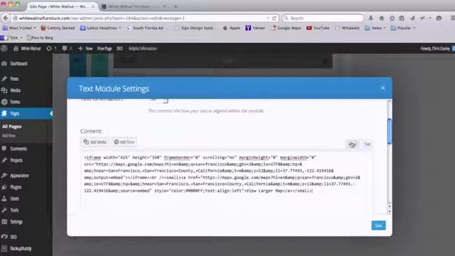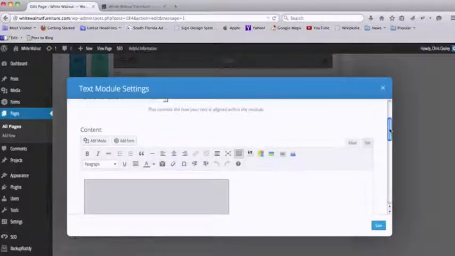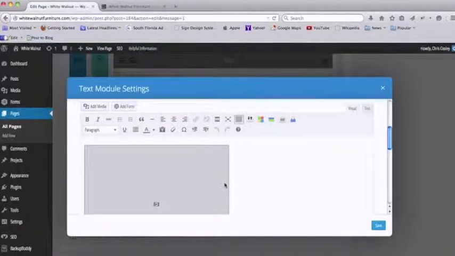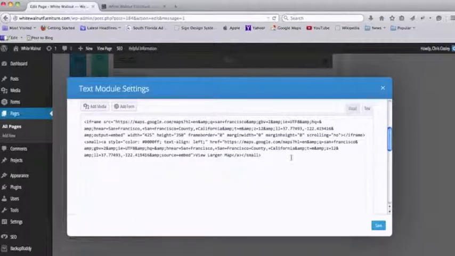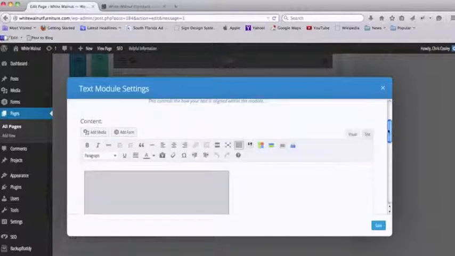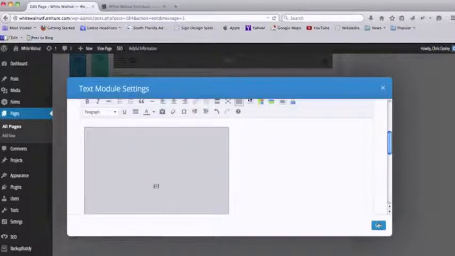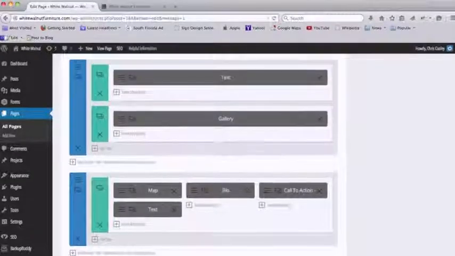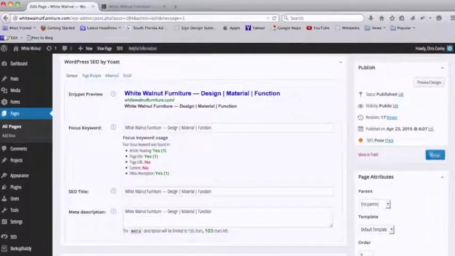There's 2 options here in WordPress. You've got visual, and that's going to show you actual front end stuff, and you've got text. This is code. So if you ever wanted to change the code, you would use one of these 2 tabs. But I'm just going to show you, save. This is my map of San Francisco below my map of Geneva, New York. Update,